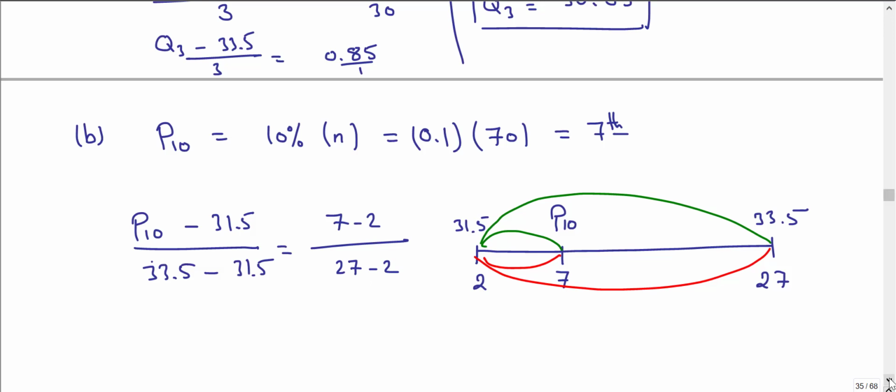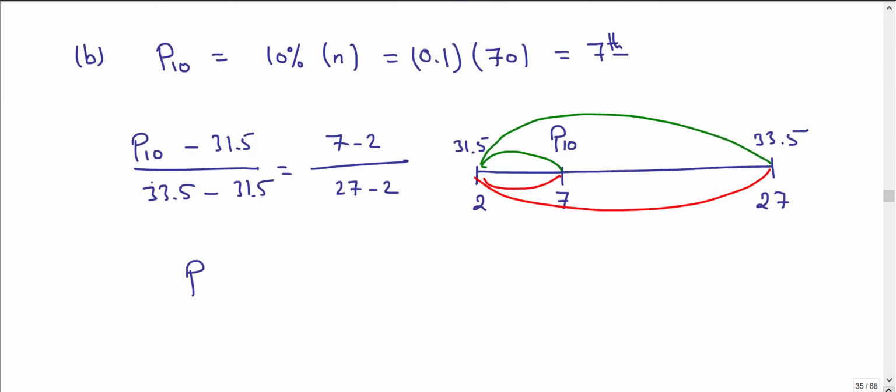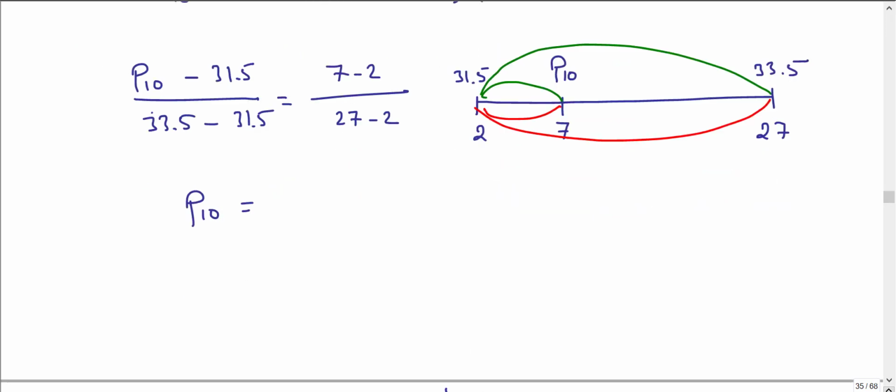And then work it out exactly the same way we did before with Q3. So if we work this out, the answer is 31.9. That's the 10th percentile. Of course, here the units will be